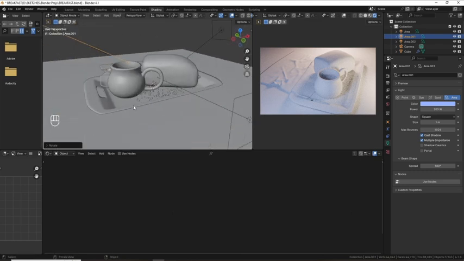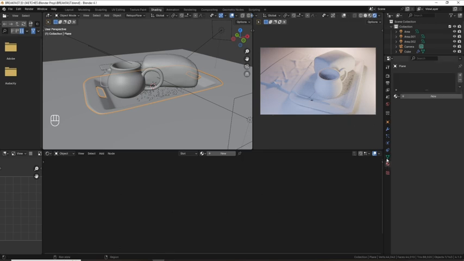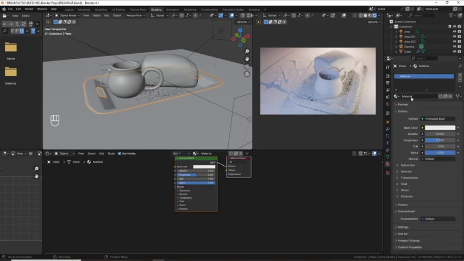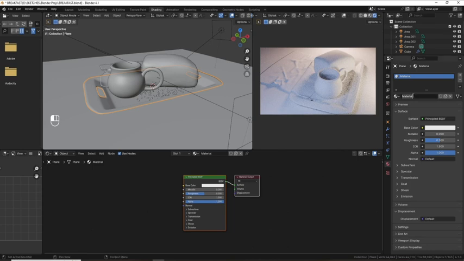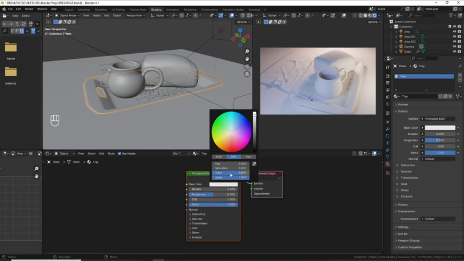So what we are going to do next is to add the texture for our tray. So I want to add a very simple material to our tray. Let's go to the materials tab and then click on new, then let's rename it to tray. So for the tray material, I want to add a simple hue. For the base color, let's change the hue to 0.128,